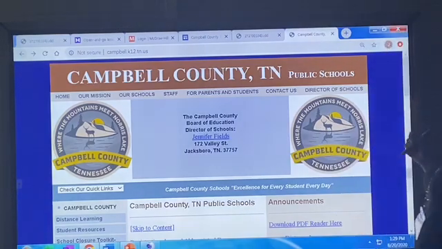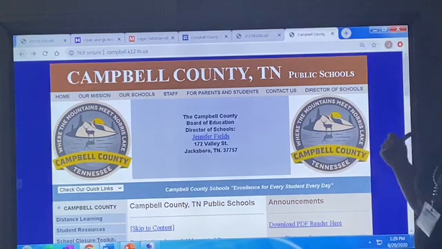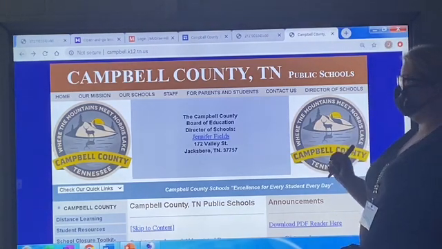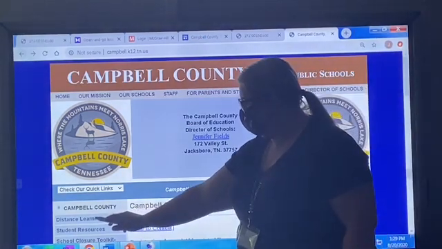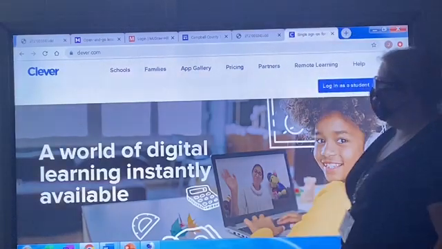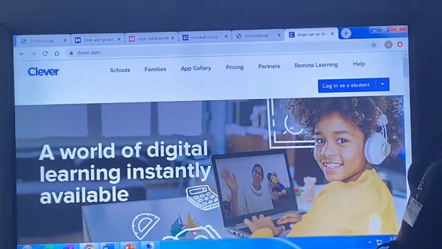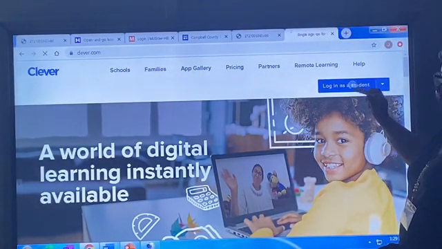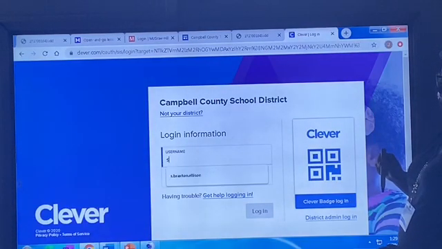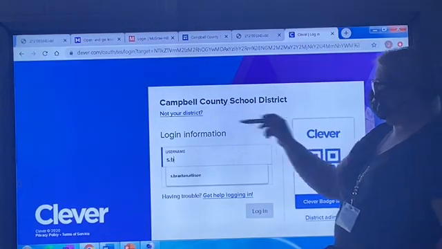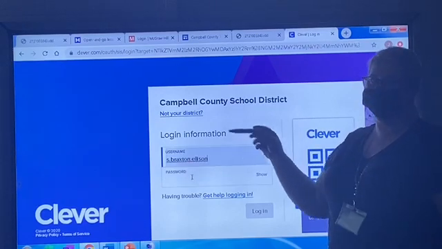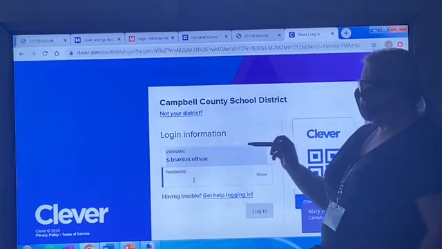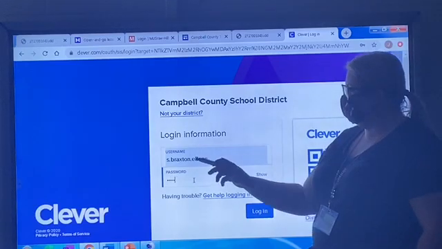So when you go to log in for your distance learning, you're going to go to the Campbell County website and click on distance learning, and it will take you straight to the Clever site. Then you're going to log in as a student. You might have to search your school, but after a couple logins, it should take you straight to the district's site. And then you will log in with your username, which will be